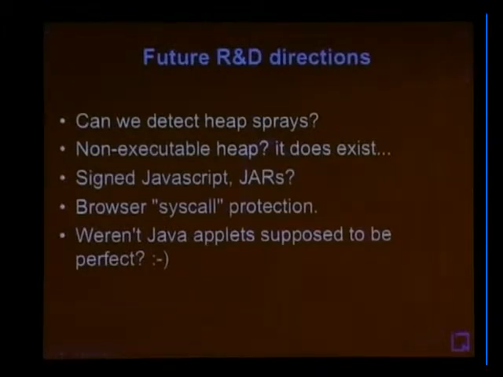I also noticed that if you look at the heap memory after loading up a page from Flickr, it looks exactly the same. When you have 80 JPEG files being loaded in the browser's heap memory, it looks like a heap spray. And there's no way you can distinguish between real content that is loaded. In fact,